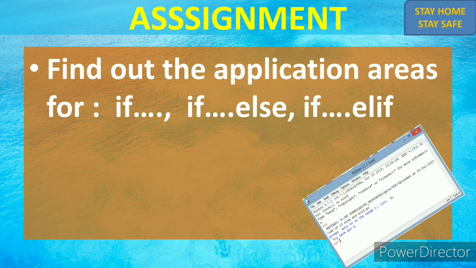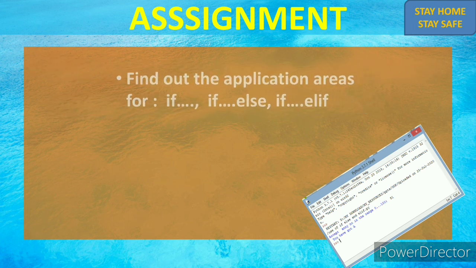Please write down two programs for each condition: two for if, two for if else, and two for if and elif. For syntactical purposes, you can also refer to my screenshots in the videos that you have seen, and please write down 6 programs, 2 for each component, and check how it works. I think that's all.